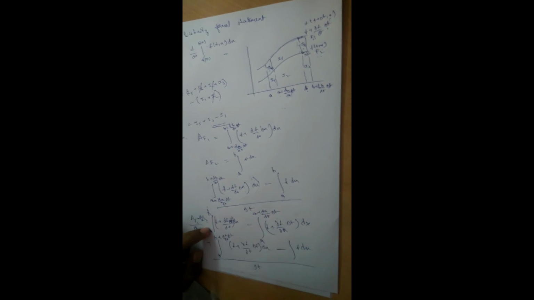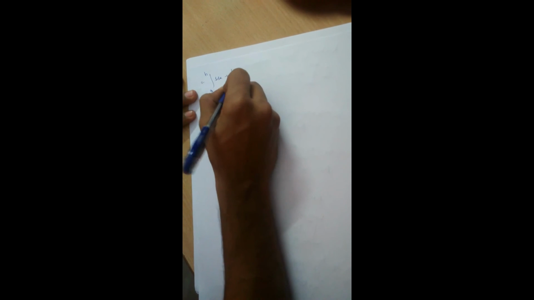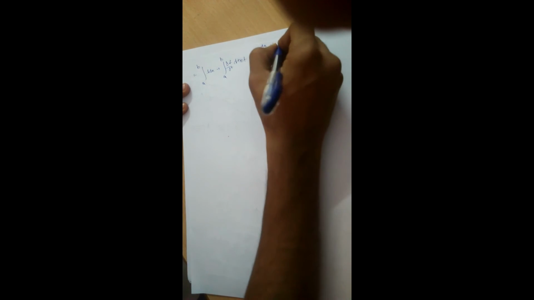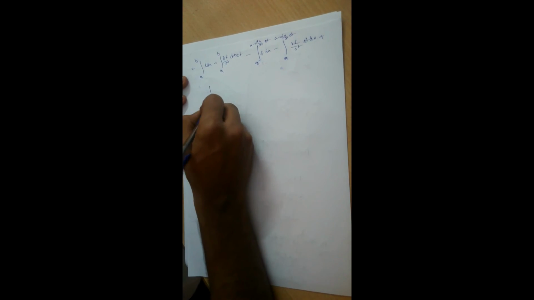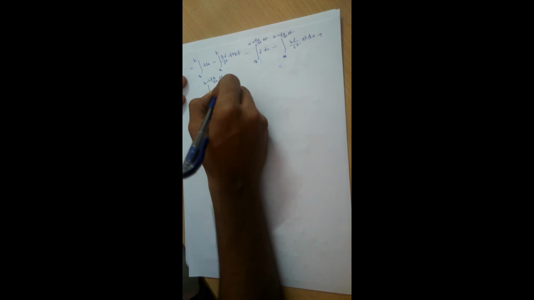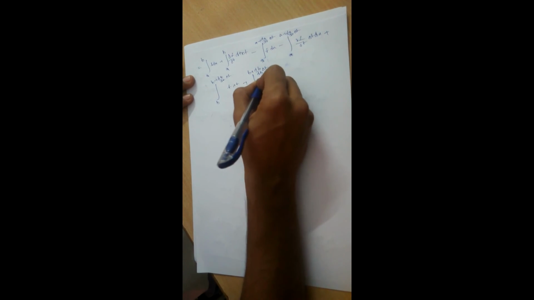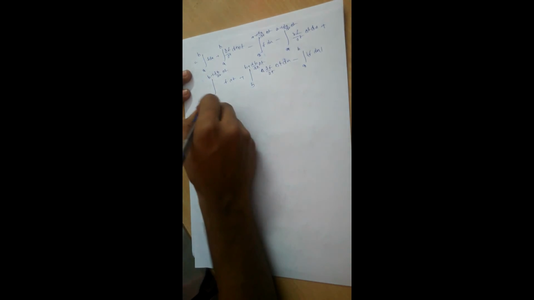So again separating all these terms, like I'll separate f and df by dt, we get this as: integral a to b f dx plus integral a to b dou f by dou t dx delta t, minus integral a to a plus dA by dt delta t f dx, minus integral a to a plus dA by dt delta t dou f by dou t delta t dx, plus integral b to b plus dB by dt delta t f dx, plus integral b to b plus dB by dt delta t dou f by dou t into delta t dx, minus integral a to b f dx, whole divided by delta t.